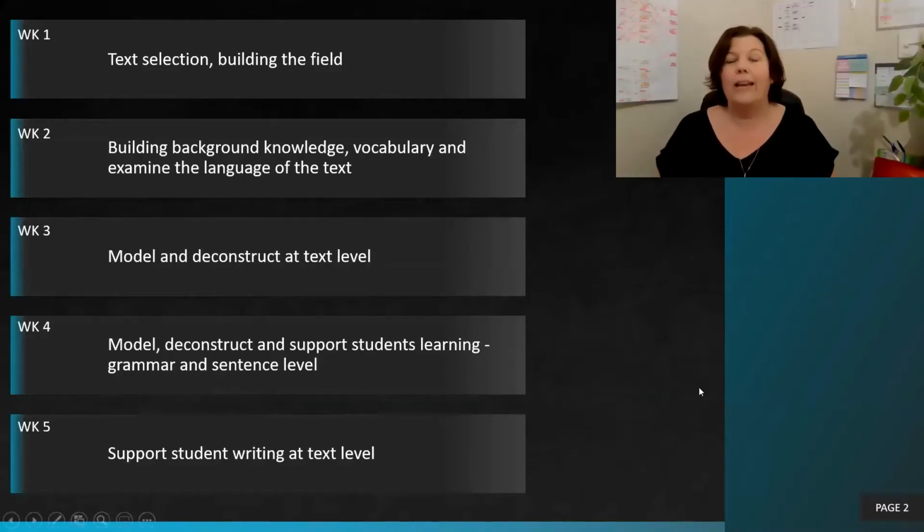So we're going to look at how do you choose a text to teach from. There are lots of great stories that are wonderful to read before you go out for lunch for 5 minutes, but they might not necessarily be the best models for children to develop their oral language. We're going to look at how to choose the text, how to analyze it, how to build the field, because